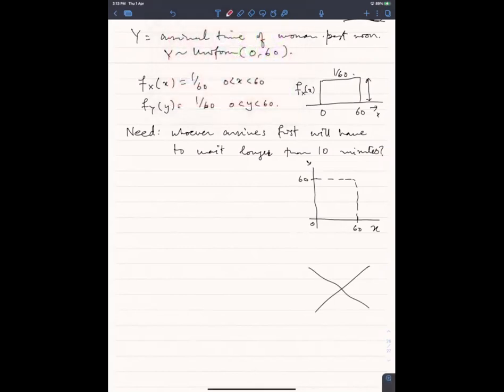So this would be something like this. ठीक है, ये इस तरह की डिस्ट्रीब्यूशन, x ये 0 से 60 and y 0 से 60. ठीक है, ये यूनिफॉर्म डिस्ट्रीब्यूशन है and the height of this is